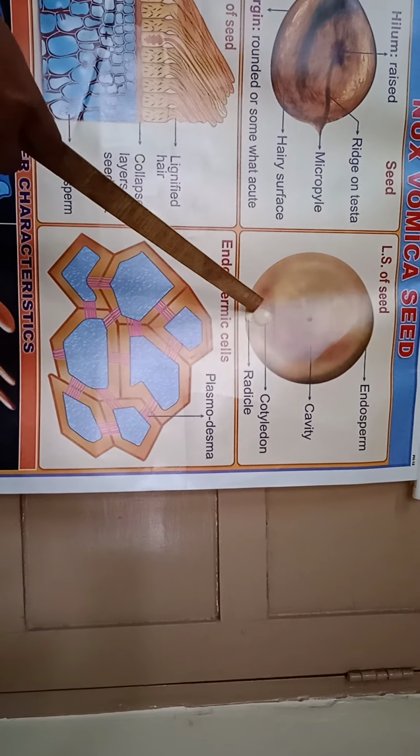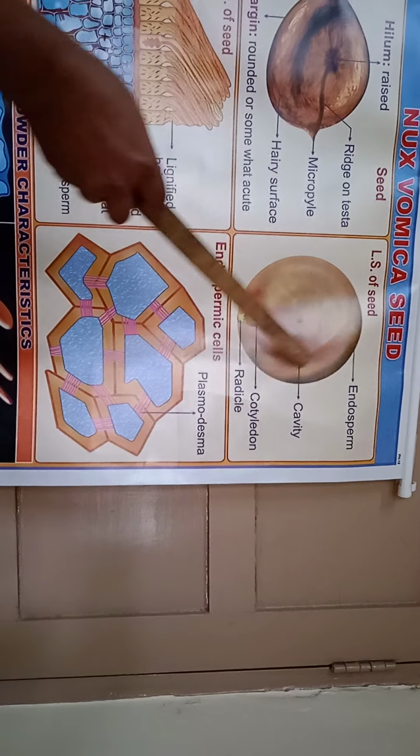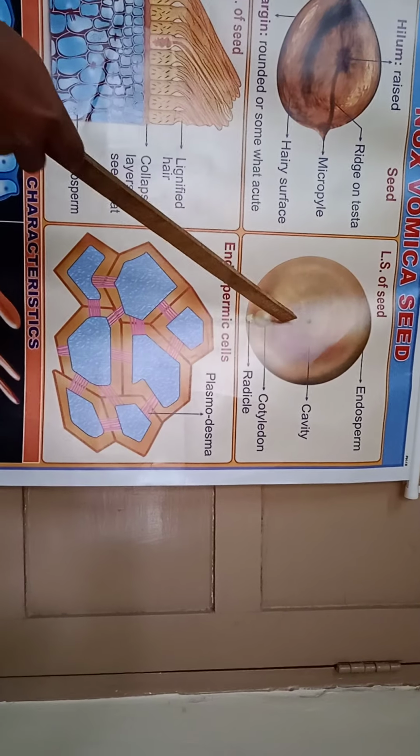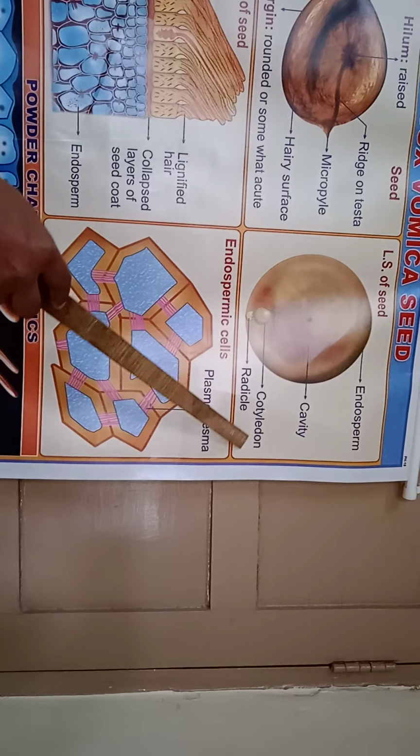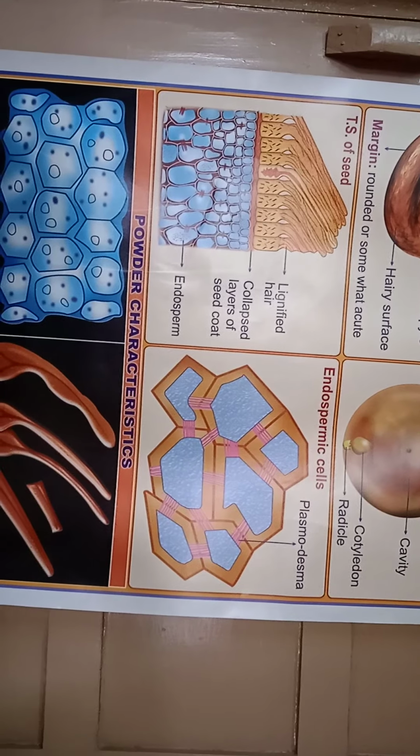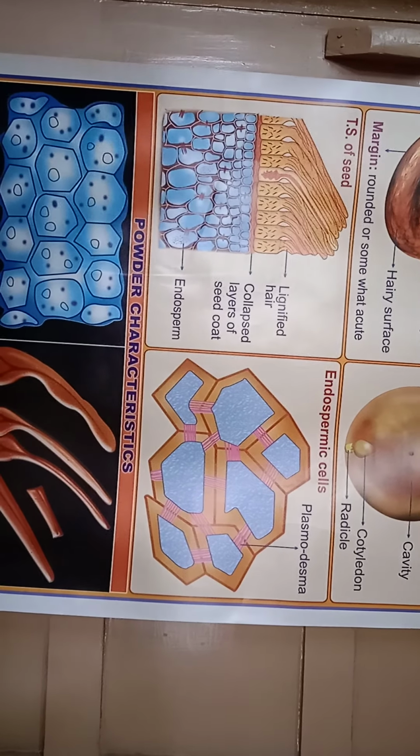Okay, here you can see the LS of TS has given endosperm region is there. At the center there is a cavity, and to the micropyle region there is a cotyledon and radicle is present. Okay, now here I will explain you the TS of the seed. So to take that TS of the seed from the center of the seed,